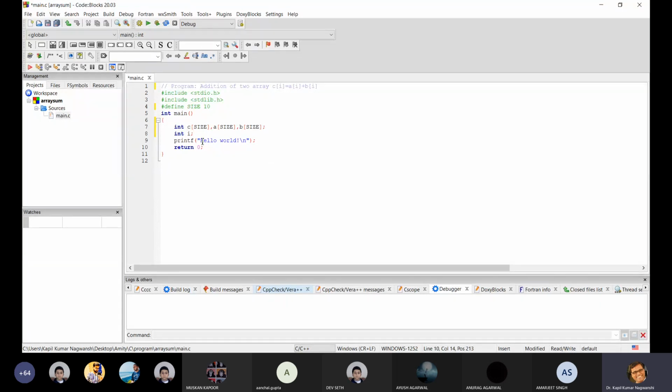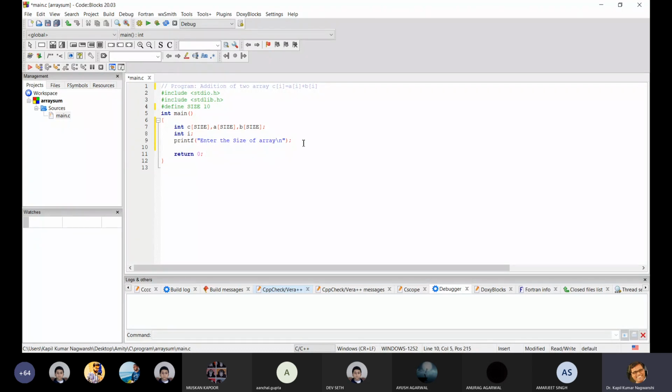Now, how many elements? So here my question is, how many? Enter the size of array. Fine.